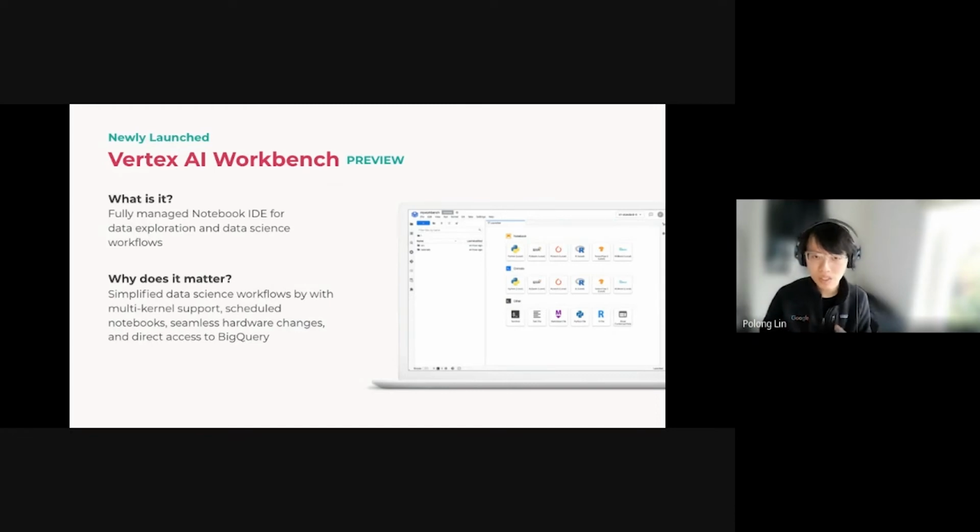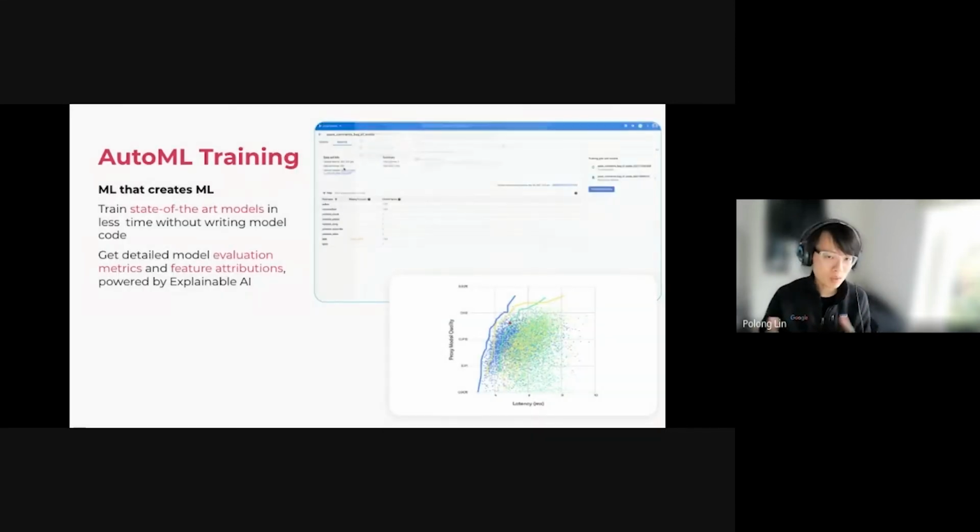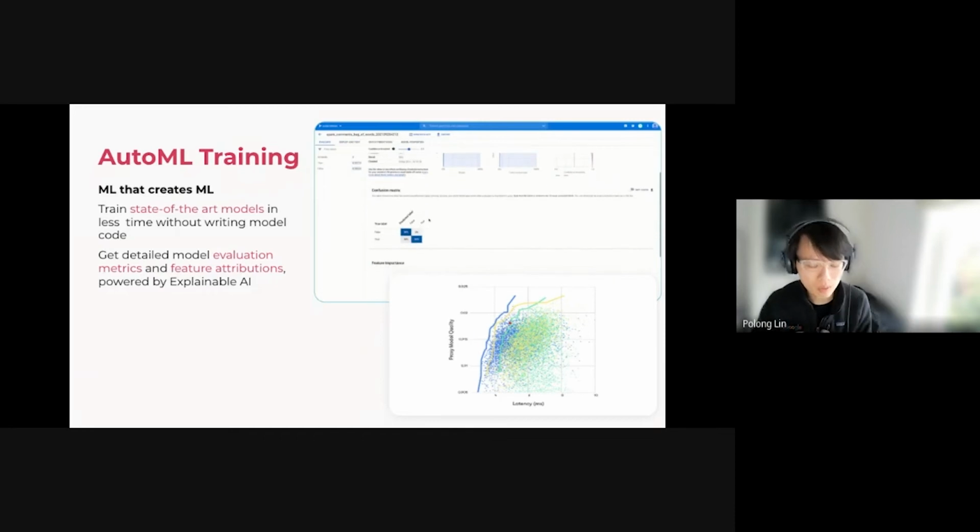And you can also see your data directly in your Jupyter Lab environment. Makes it really easy as a data scientist. You do not have to navigate between various windows or various tabs. You can see your BigQuery data and your GCS data, your cloud storage data, directly in the context of Workbench. Now, also within Workbench, you can do everything else that I'm about to show you as well.